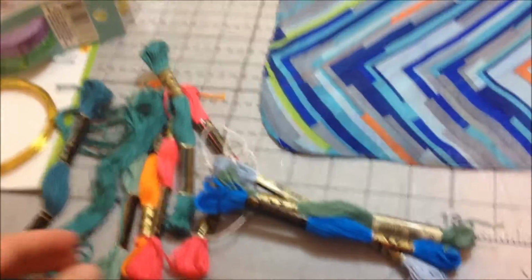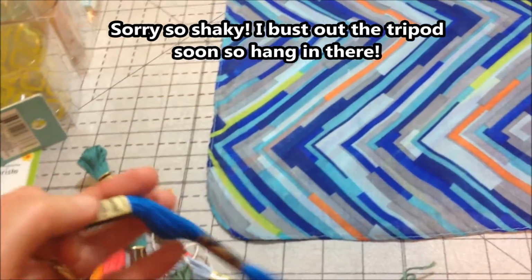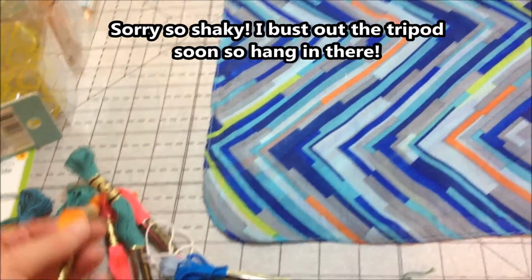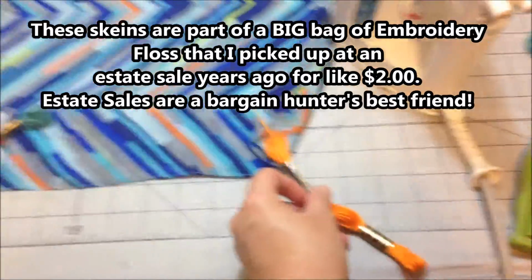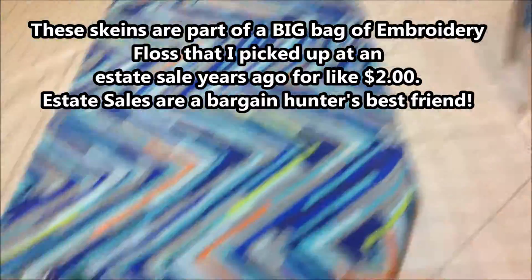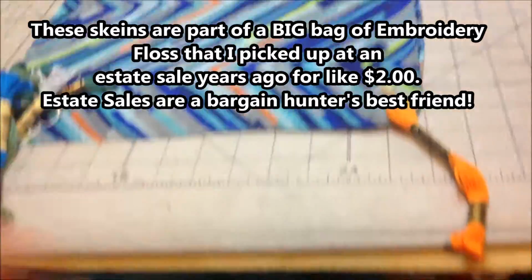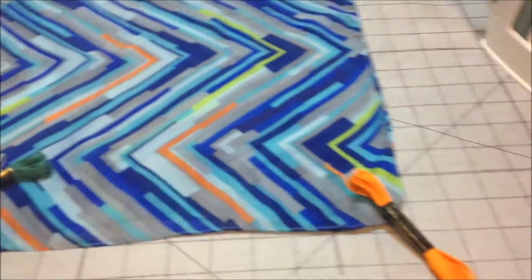Okay, so I've got a lot of my different embroidery floss out here to try and imagine tassels. I ironed this even though it said do not iron, and I carefully removed the tag. So I'm trying to imagine tassels on this, and